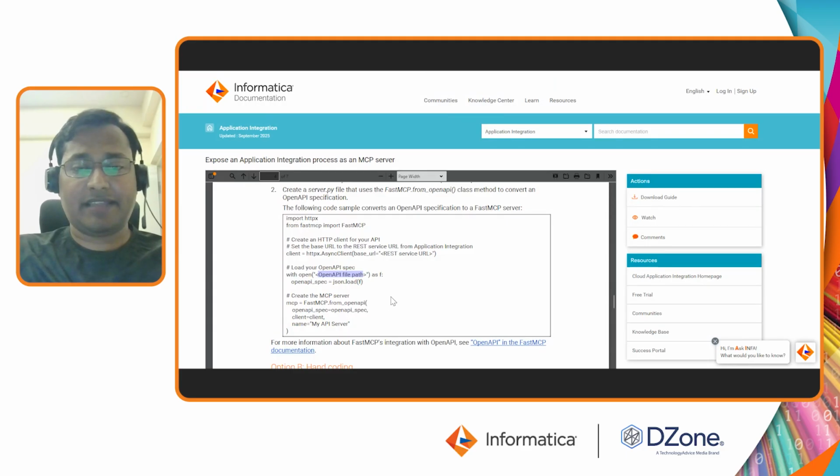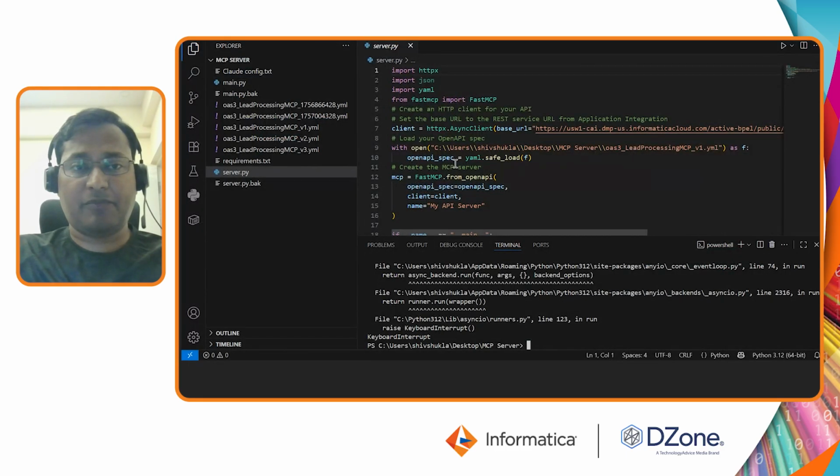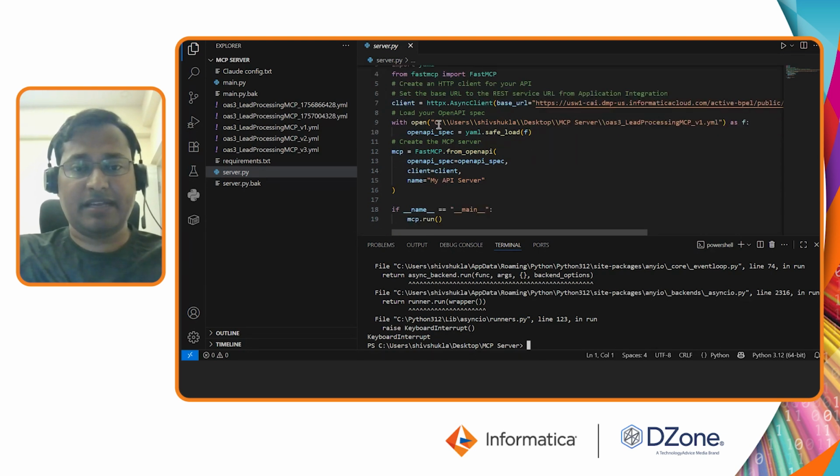So I'll go to my Visual Code, where I have already copied this code. In the interest of time, I have also copied the entire path for that particular lead processing MCP into this. Now I'll run this, and